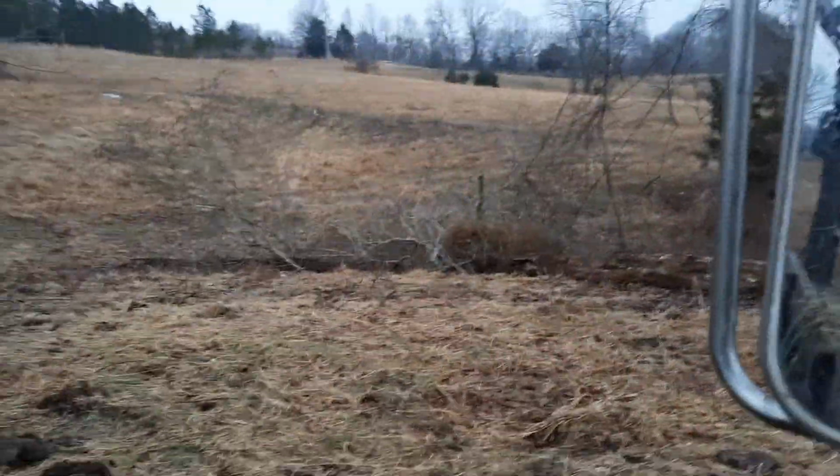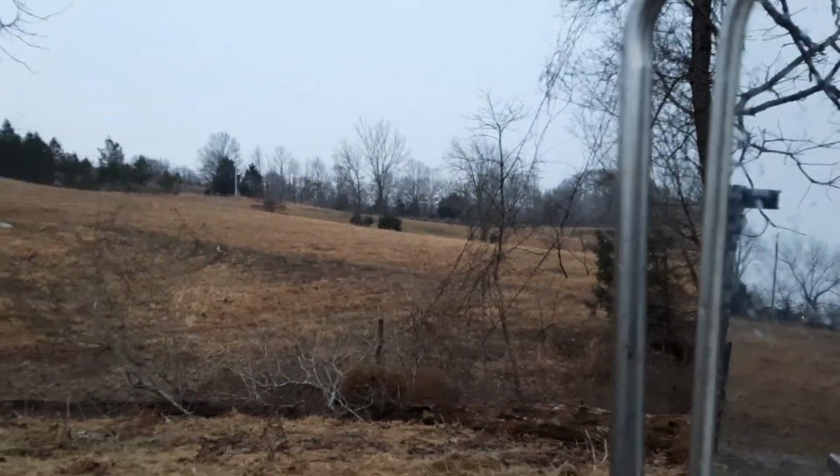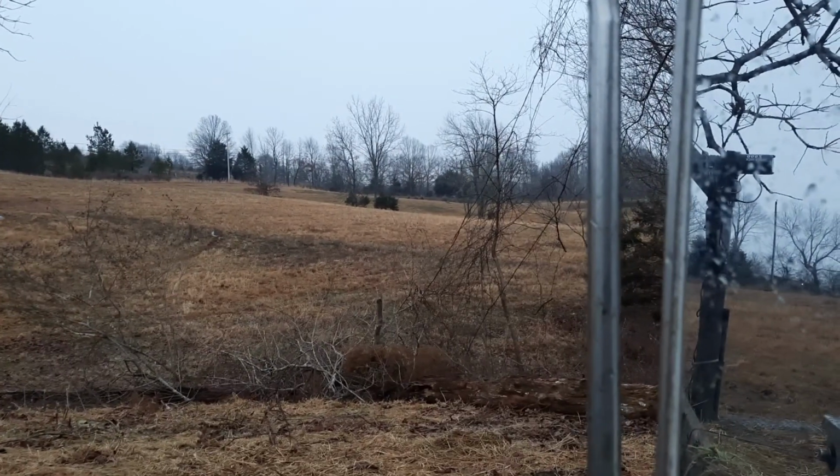Completely out of pasture, so we're on hay. Brought in 41 bales from the hay barn. Sorry, hit the window there with my elbow. Got that in because